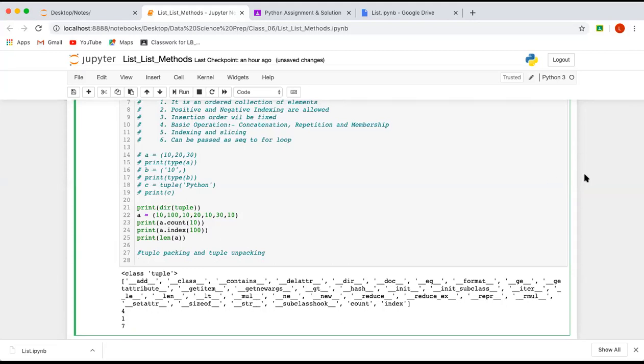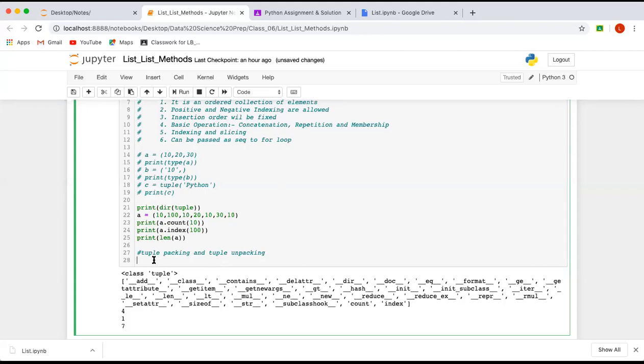When will we use tuple? See, tuple is quite faster than the list. If you know that the data inside the sequence is not going to change, then you use a tuple. Range is also an immutable object, but range creates a sequence of consecutive numbers in order. But tuple is a collection of any elements like 10, 100, 200, 20, 30, in a particular order. So you can go for the tuple instead of range. Okay, Abdul? Now tuple packing and unpacking.